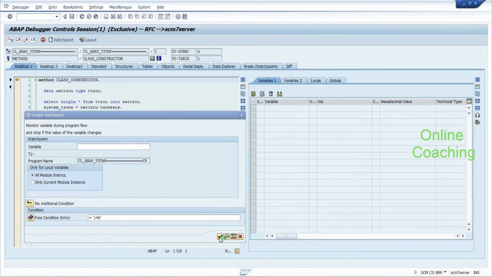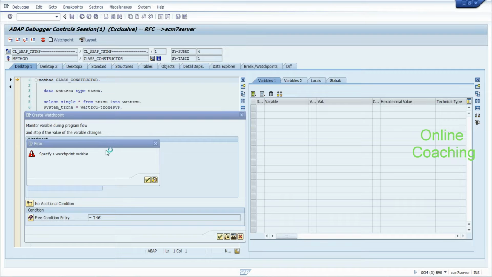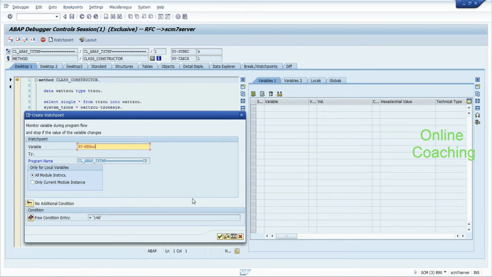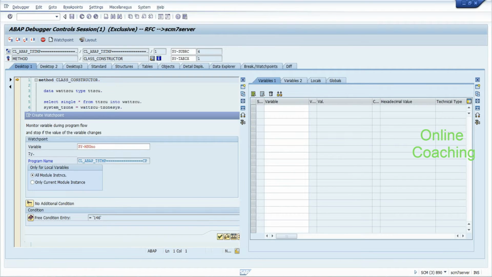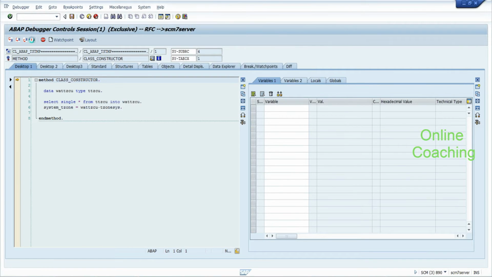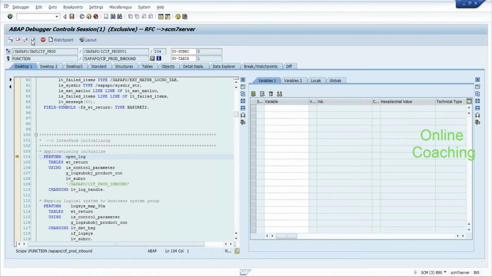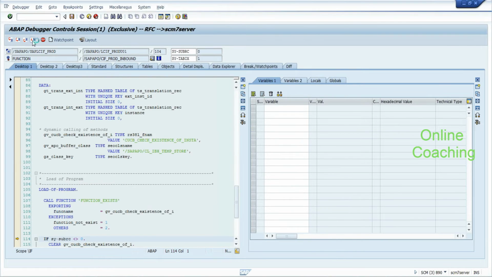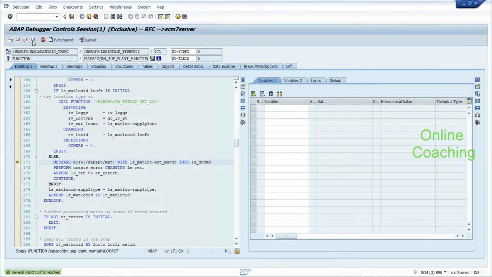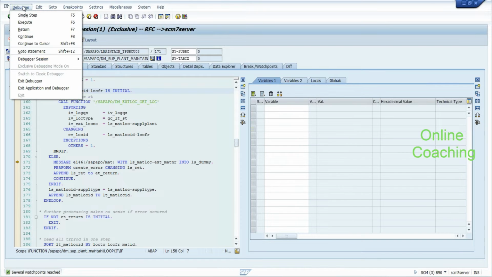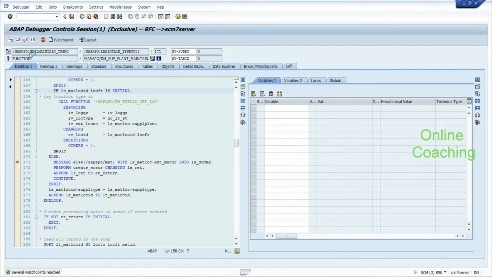Now I'll just press F8. So first it goes to the SAP APO. You can always see that this is the function module. Now the load of the program. Now this is the place where it goes to the error message. So I just want to go back to this place, and then